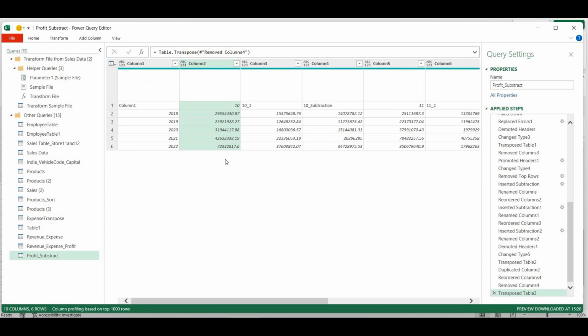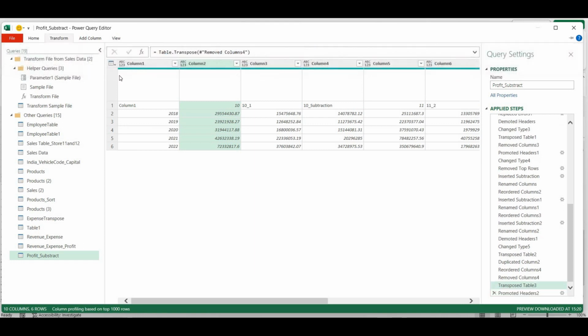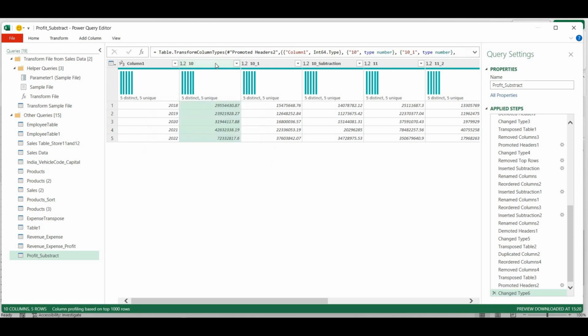Okay, so I'll use this first row as header, and I'm going to rename this column as 10_revenue, then 10_expense, and 10_, either we can keep it as subtraction or we can keep it as profit. That's how it will be very helpful, because if the data is present in row format, it is a little bit challenging for us